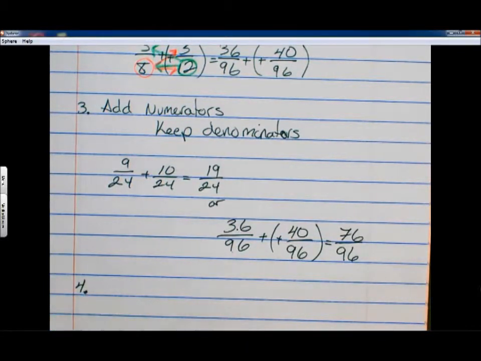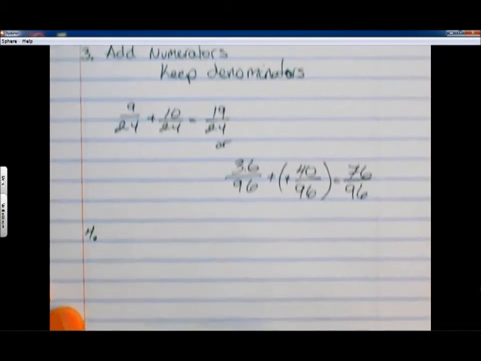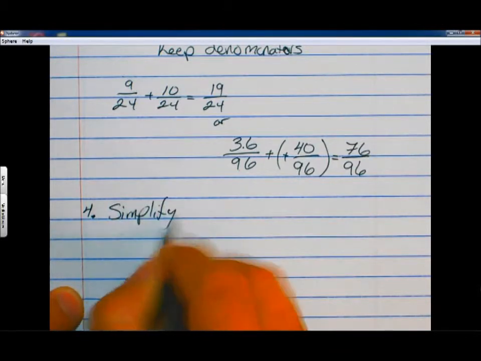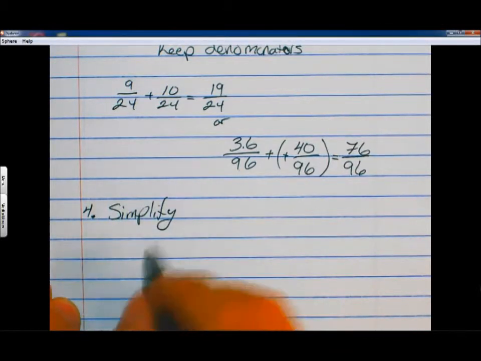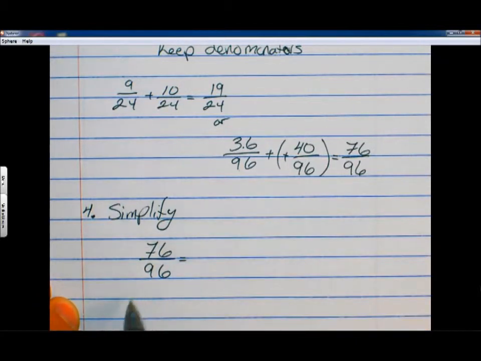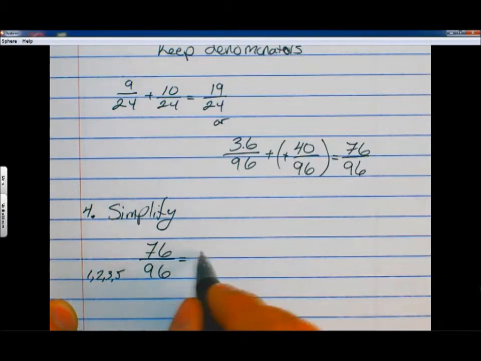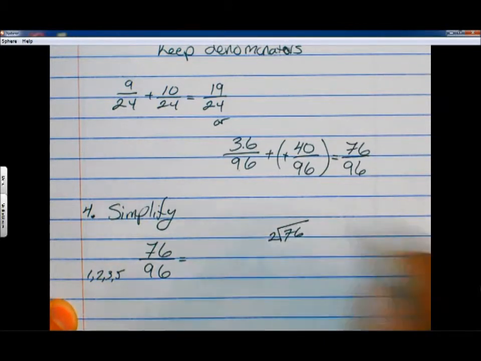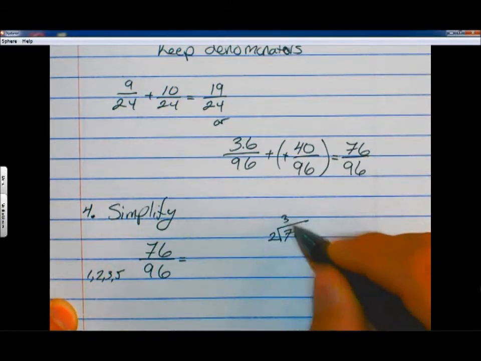Last step. And this should always be your last step doing any fraction problems, is you should always write in simplest form. So simplify. We'll start with C, which is 76 over 96. Because they both have 6 in it, you're going to be able to divide by 2. But always use 2, 3, or 5. I don't know why I put 1 down. But you can use 1 if you want to, but it gives you the same fraction. But divide both by 2, so 76 divided by 2